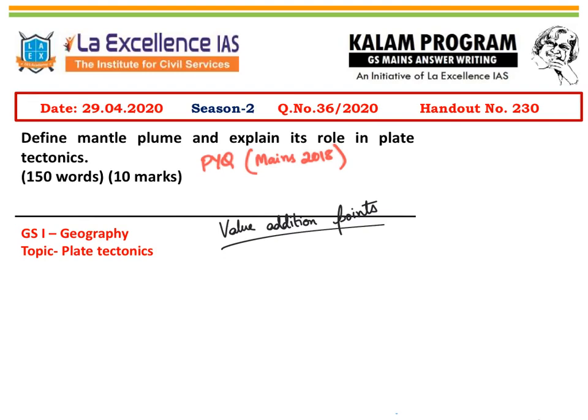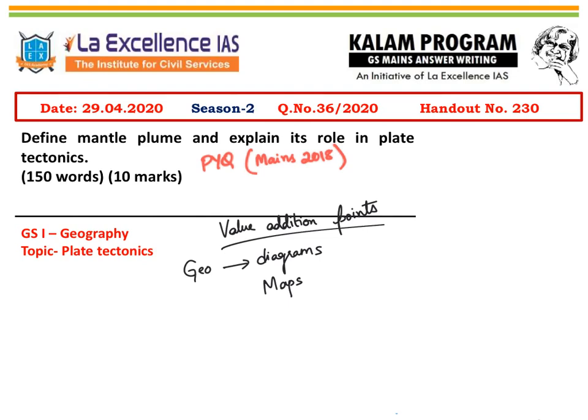Let us now look at some of the value addition points which can be written in a geography answer. Any geography question will have value addition by making use of diagrams. Just now I discussed the concept of mantle plume, and that could not be possible without drawing a diagram. So a diagram is a must for a conceptual geography question. Also, maps are important as value addition in geography questions. For example, if you are giving some examples, you can mark them on the maps. Maps and diagrams add a lot of value to your geography answers.